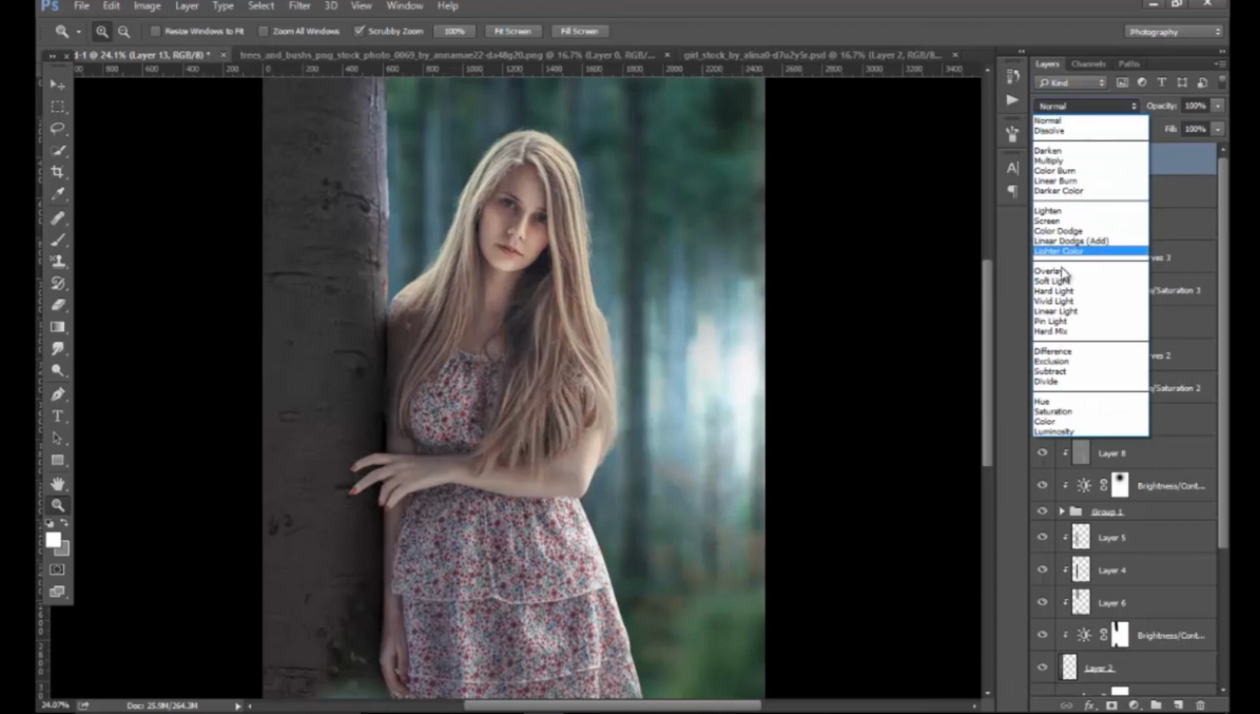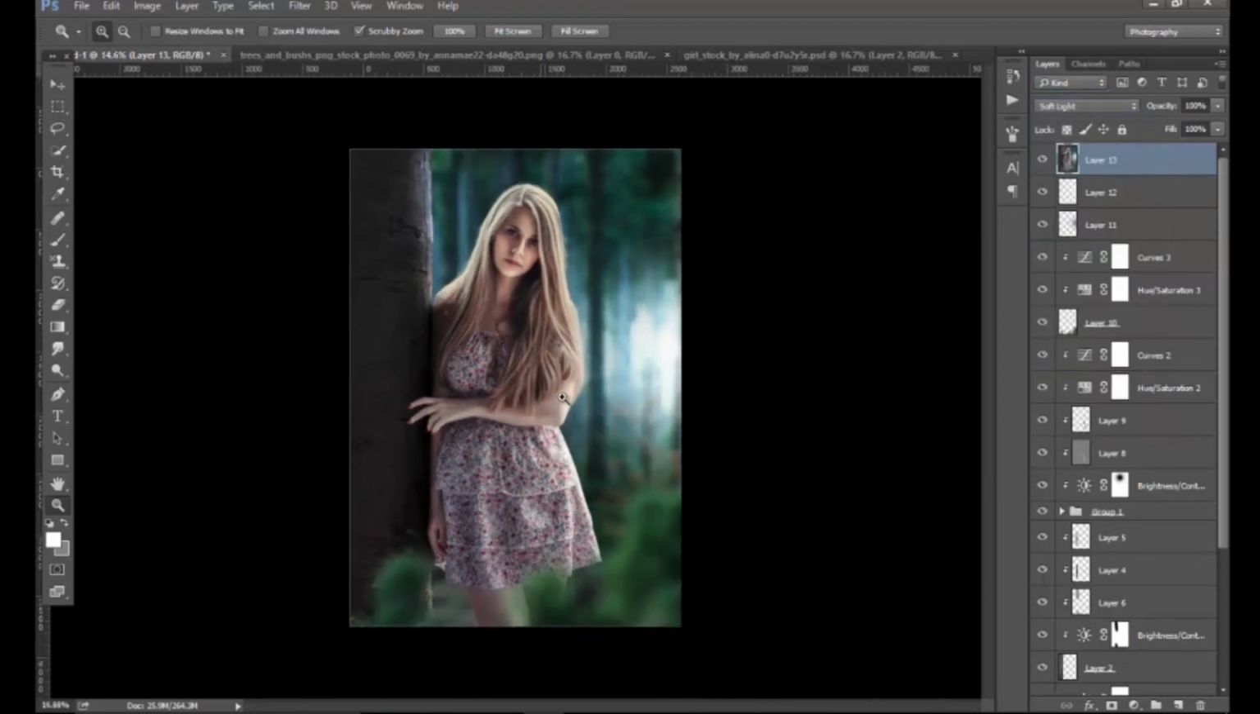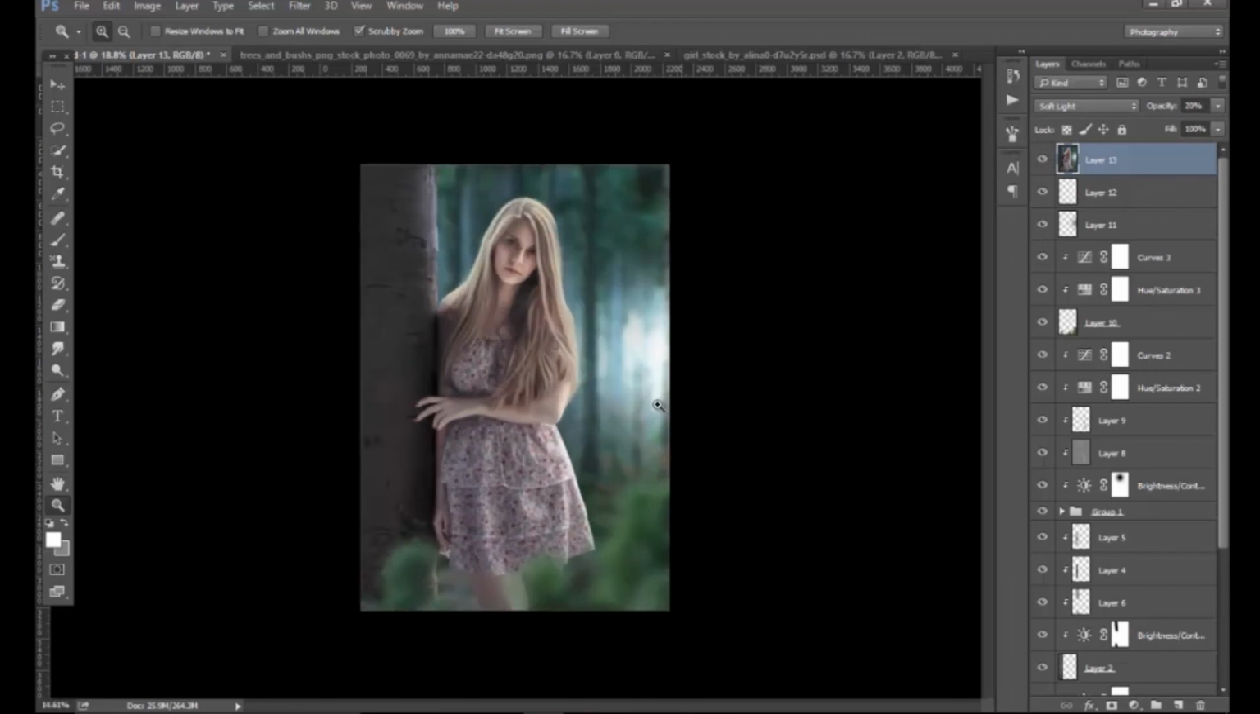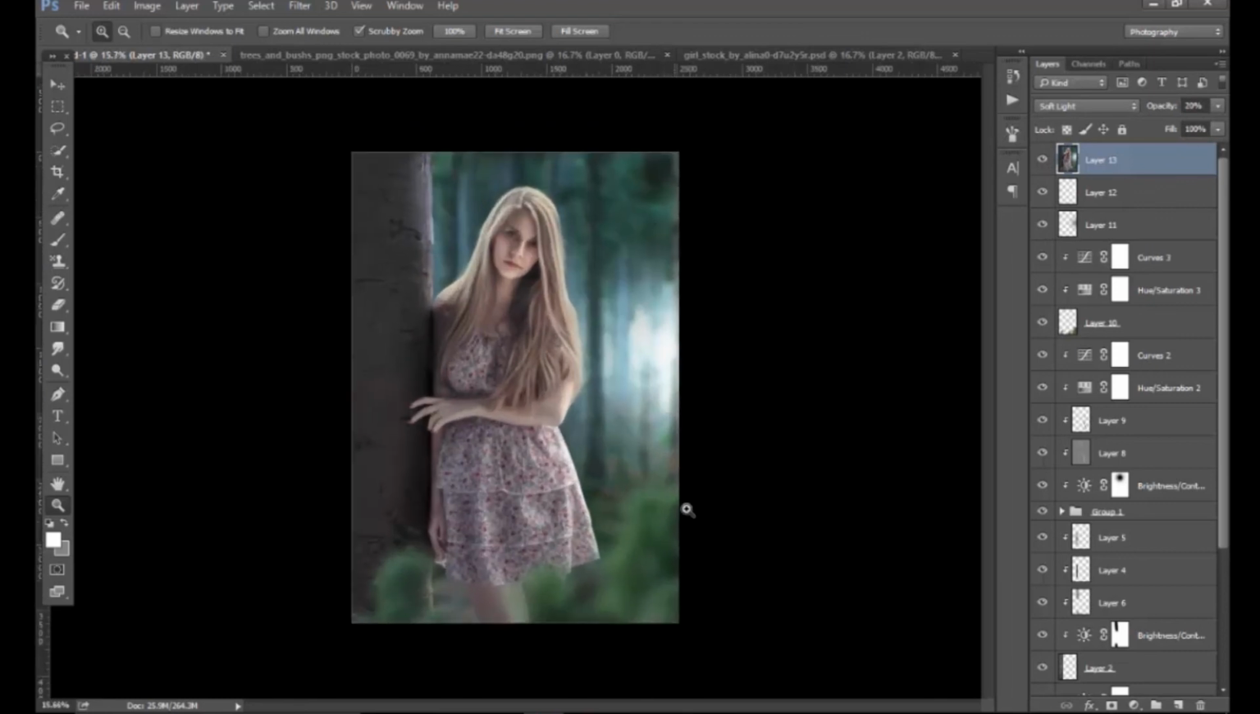And now I will turn it to soft light. Okay, it's kind of not really looking pretty, but here we can play with the opacity, so I will check like 10%. No, I need something like 20. Okay, this is kind of cool effect, and this portion is distracting from the model, I guess,